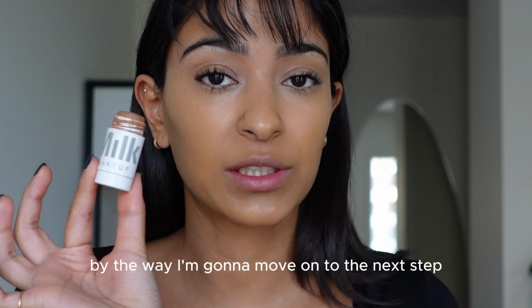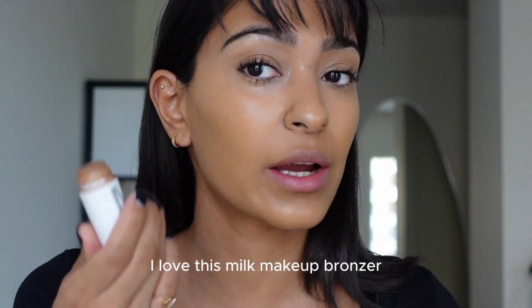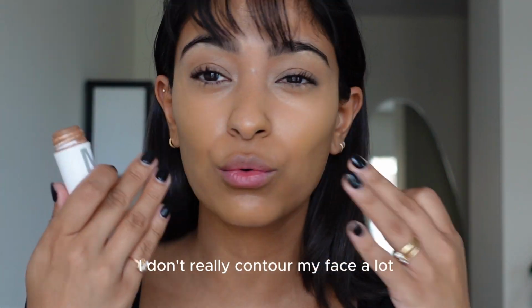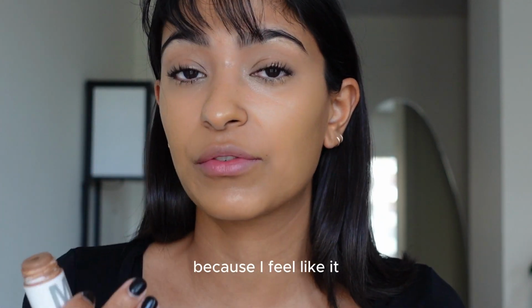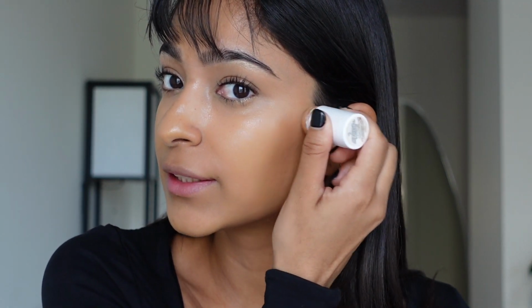By the way, I'm gonna move on to the next step, and I use a very cool tone bronzer. I love this Milk Makeup bronzer, and because I already have a structured face and structured cheekbones, I don't really contour my face a lot because I feel like we want to look like a supermodel, not...